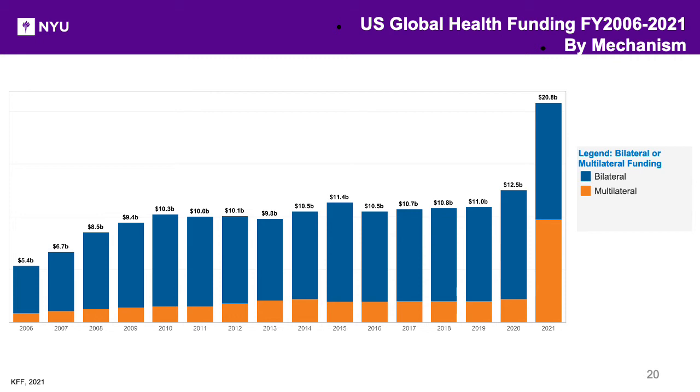And when we think about mechanisms, most of the mechanisms that are used in terms of funding are usually bilateral mechanisms versus multilateral mechanisms. In the previous years, they have been mostly bilateral mechanisms. Only in 2021, now we see more of an even split between bilateral versus multilateral mechanisms. But we will have to revisit the numbers in 2022 to see if truly the allocation was more of a 50-50 split between bilateral versus multilateral mechanisms.